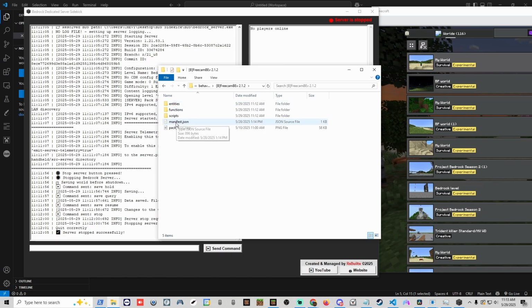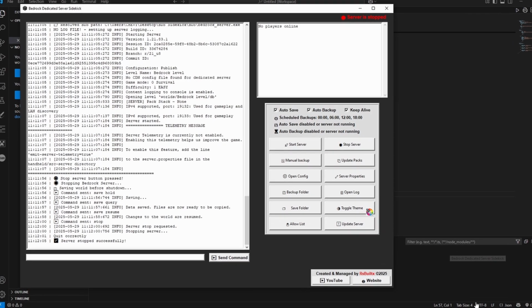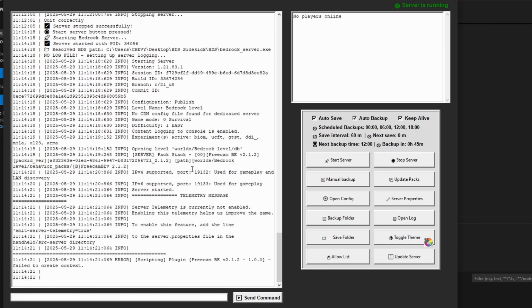Going into the FreeCam, I'm going to make sure that this is updated, which it is. It's dated to 1.18.0, and this one is outdated as well. Both of these would be 2.0.0 for the latest version of Minecraft. So we can go ahead and start our server, and we should be able to have that new world loaded up,